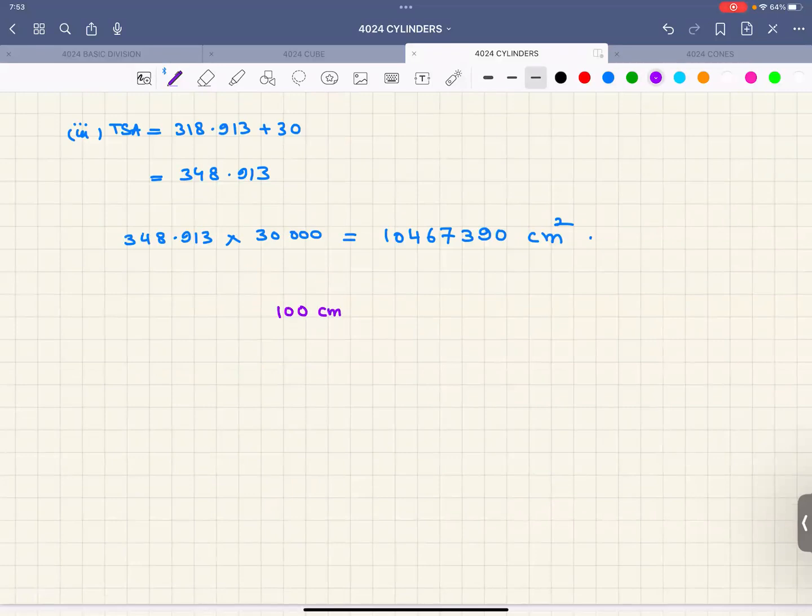100 centimeters equals 1 meter. Square both sides. When we square both sides, we have 1, 2, 3, 4 centimeters square, which equals 1 meter square. Therefore,